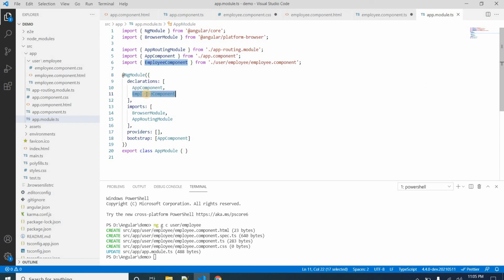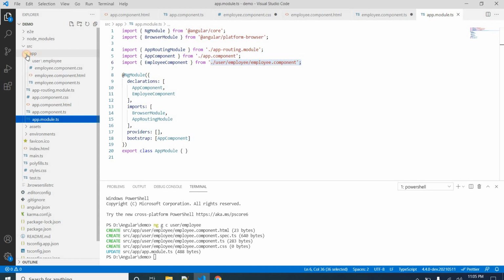And to add it here, first we need to import it. To import, we define the exact location here. The dot takes the location to the app folder, and after that it is inside user. Then we have the employee folder, and inside the employee folder we have employee.component. We will cover the app module in detail in later videos.